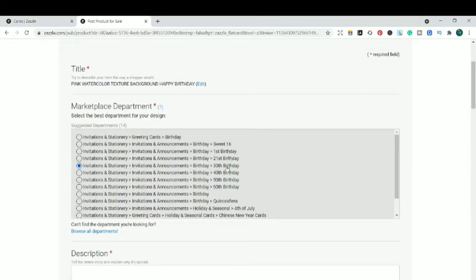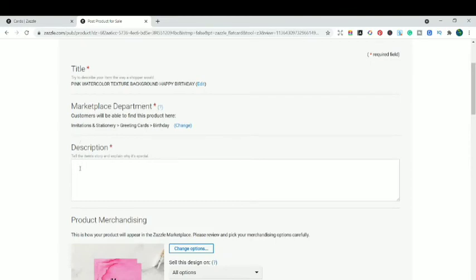The first, the 21st, 30, like depending on the age. Sweet 16, depending on what kind of audience you want to target over here. But I think that this one naturally we're going to go for the younger one. So probably I'm just going to select a simple birthday only, because I haven't selected anything like 21st birthday or 60th birthday over here. Probably you can do that, guys, and do it according to it.